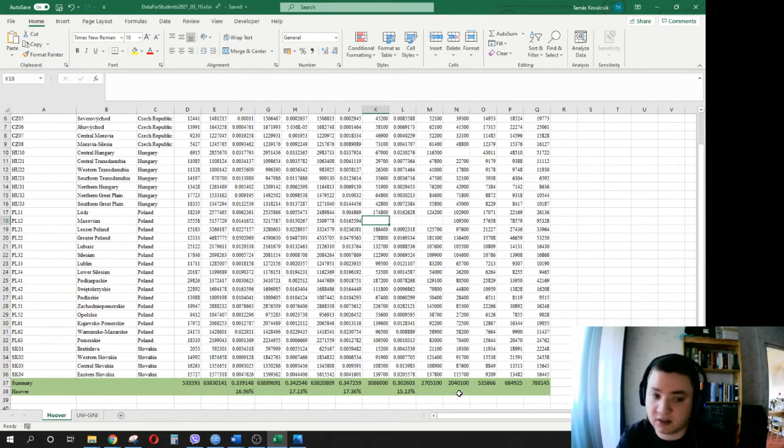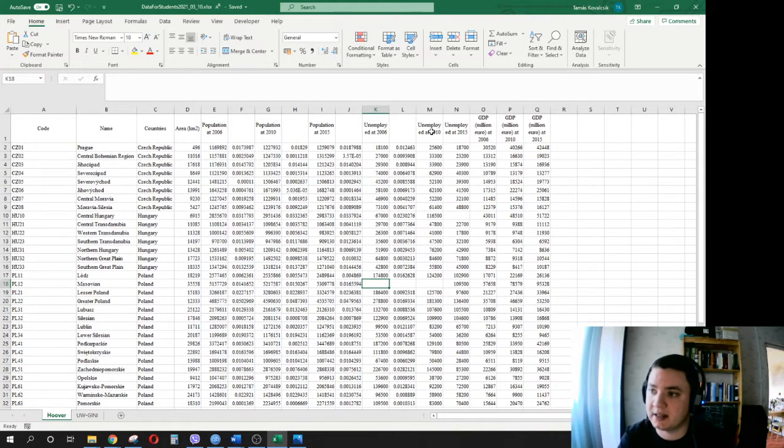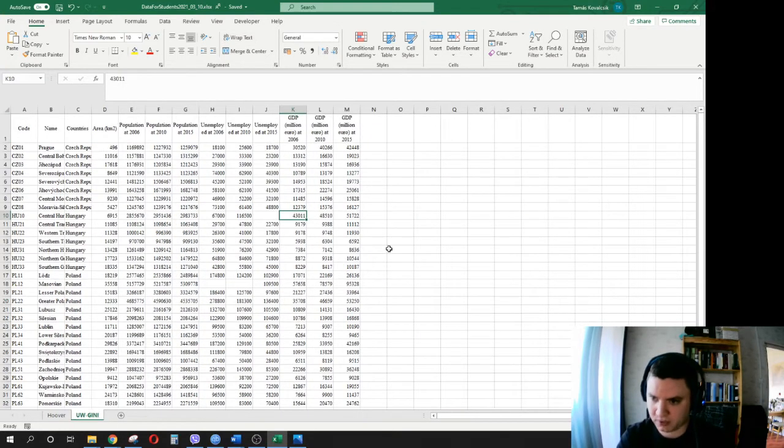Okay, the task is to make the Hoover index for all of the unemployment rates, and GDP per capita as well. You have to make the calculation for the GDP per capita for every year. Okay. After that,